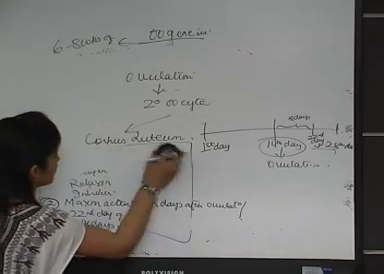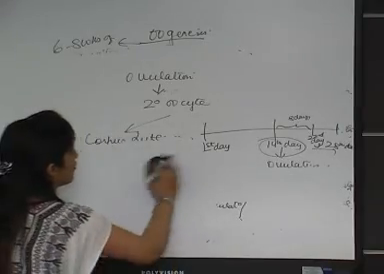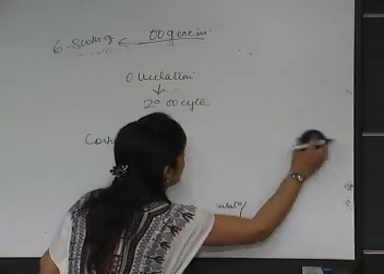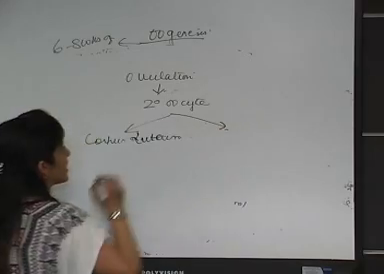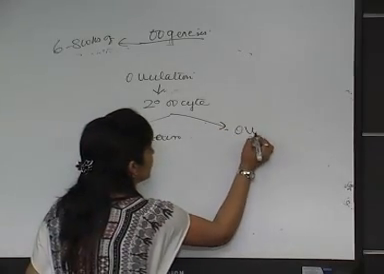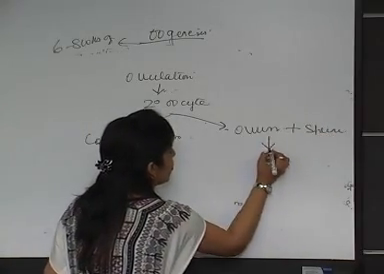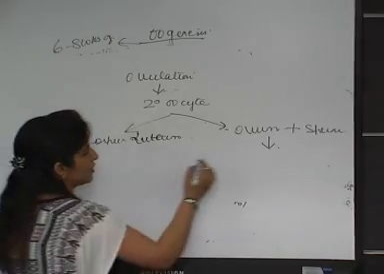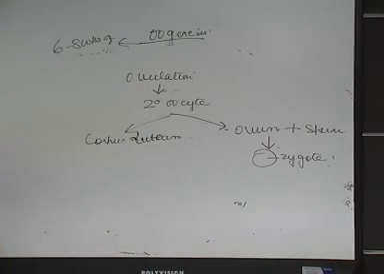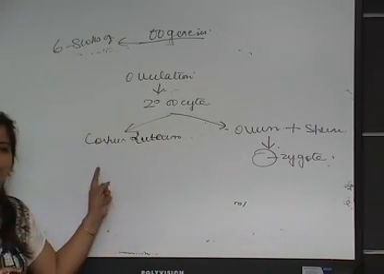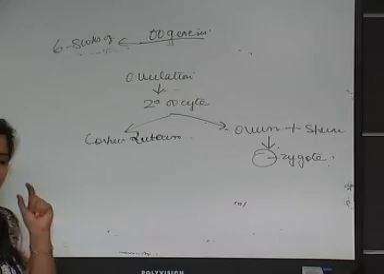Now, this is if the secondary oocyte is not fertilized. If it is fertilized, then we know that the secondary oocyte will form the ovum. The sperm will fertilize the ovum, and what will be formed is a zygote. In this case, what happens to the Graafian follicle? Again, the Graafian follicle will form corpus luteum, but this corpus luteum will not degenerate,